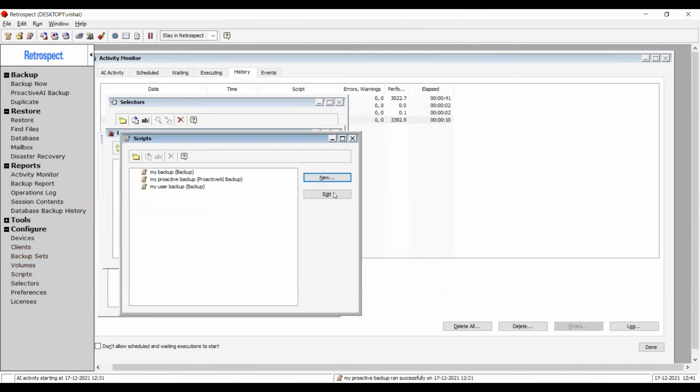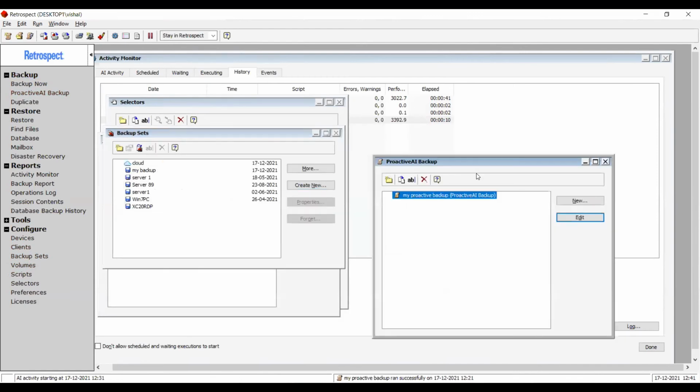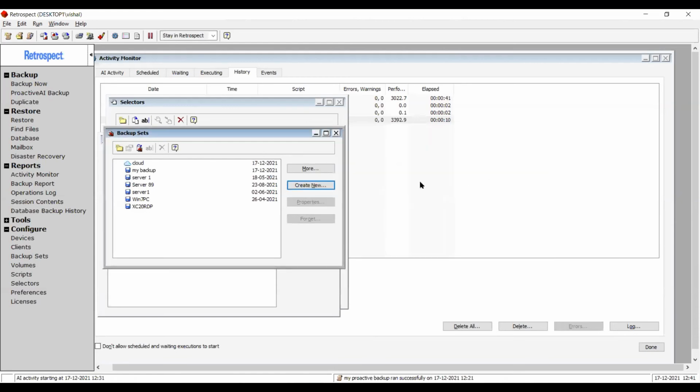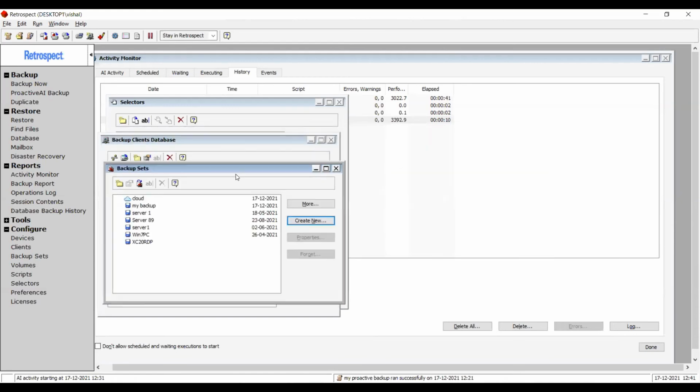You create a script for that client. Although you will not be using the managed script here, you will be restricted to using a proactive script for the remote client backups. The article talks about that limitation also, or the requirement, instead of saying that as a limitation. It is a better thing to use that proactive backup for such clients.